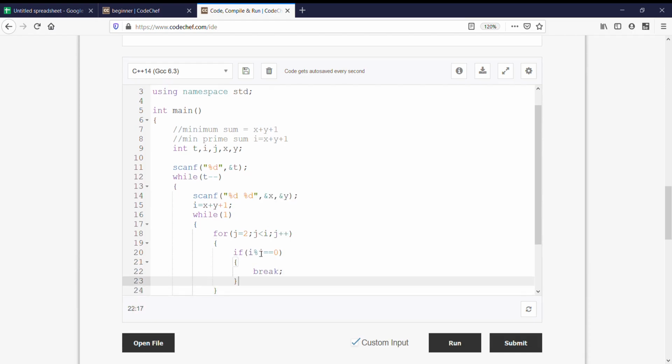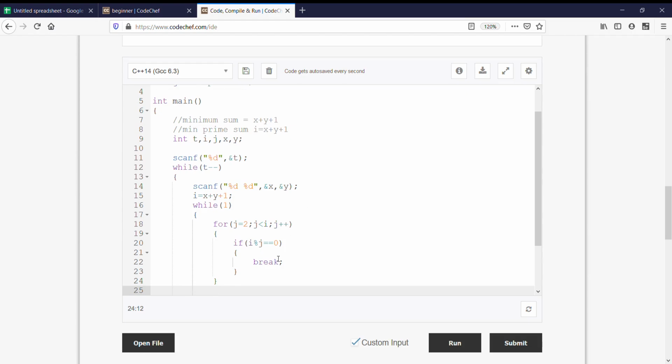That means if any number is divisible, then we would be breaking. Else, if there is no number which is divisible by j, then we would be stopping this loop where j would become equal to I.